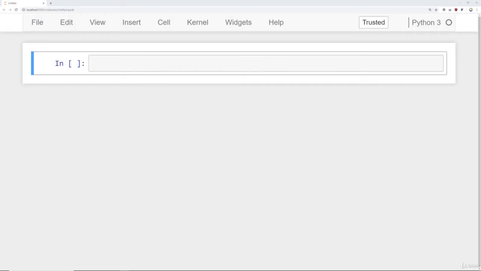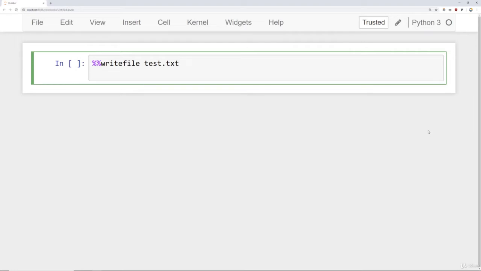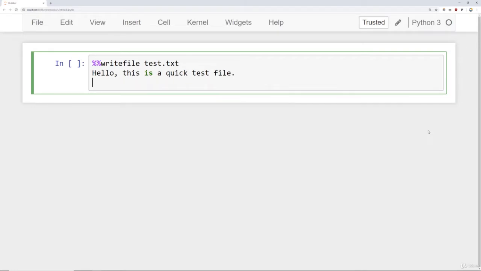Okay, let's begin by actually creating a text file. The method I'm going to use is specific to Jupyter Notebooks, and it's a magic command. You do %, these are known as magic commands that work with Jupyter Notebook, and then you type out writefile, spaced, and then the name of your file, we'll say test.txt for text file. And then immediately below this line, you can begin writing your text file text. So I can say, hello, this is a quick test file, period, and we'll say this is the second line